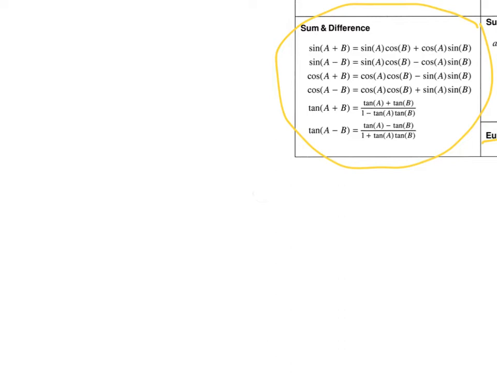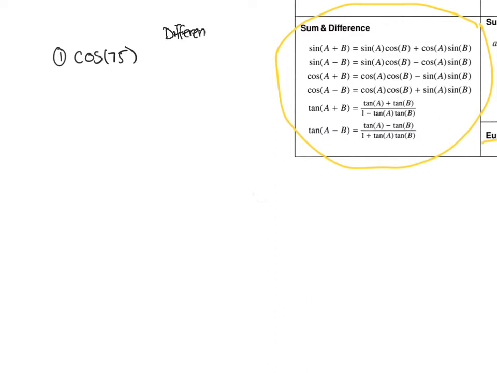So in the first example I'm going to give you, we're going to do 4 examples today. This first one, there it is. I'm going to ask you, find me the exact value of cosine of 75 degrees. And you'd be like, Miss Twain, that's not on my unit circle. I don't know what I'm supposed to do. Well, I'm going to ask you in this case to use your